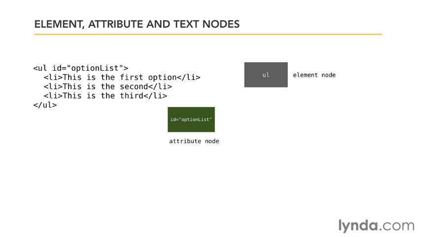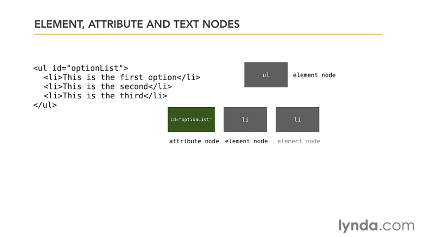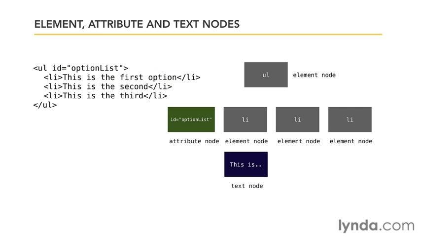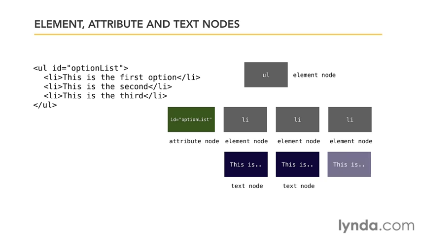But as we start to look deeper inside it, we realize that we've got 3 list item nodes. Those are also element nodes. And not only that, because the text in any element is actually considered a separate node. Each of these LI elements has a text node attached to it to describe the text inside them. So as far as the DOM is concerned, we can drill into any very specific piece, even of this simplest